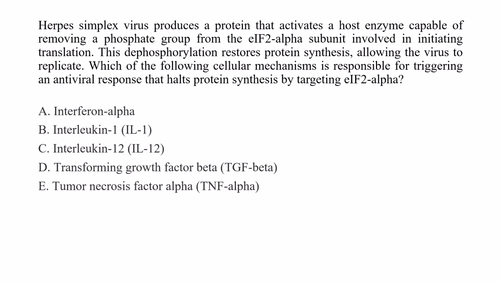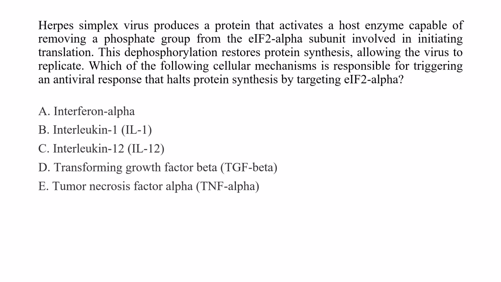Herpes simplex virus produces a protein that activates a host enzyme capable of removing a phosphate group from the eukaryotic initiation factor 2 alpha subunit involved in initiating translation. This dephosphorylation restores protein synthesis, allowing the virus to replicate. Which of the following cellular mechanisms is responsible for triggering an antiviral response that halts protein synthesis by targeting eukaryotic